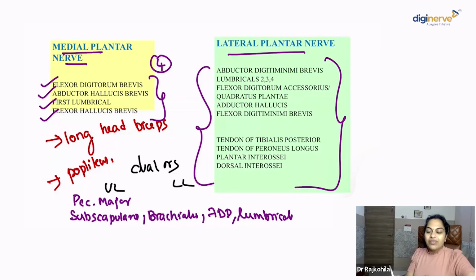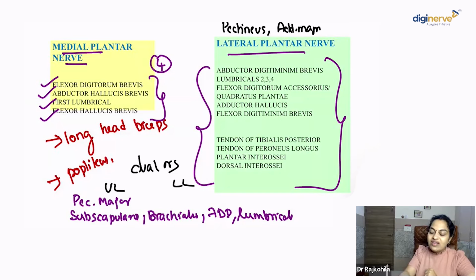Coming to lower limb, do you remember any muscles with dual nerve supply? Yes, we started with pectineus from femoral nerve and then also the obturator nerve. Adductor magnus receiving nerve supply from obturator nerve as well as tibial component of sciatic nerve. And then again, lumbricals in lower limb, please remember, the first lumbrical is by medial plantar nerve, the second, third and fourth is by the lateral plantar nerve.